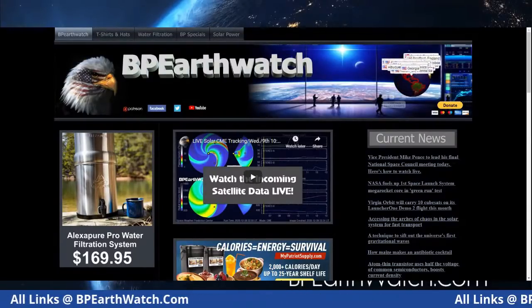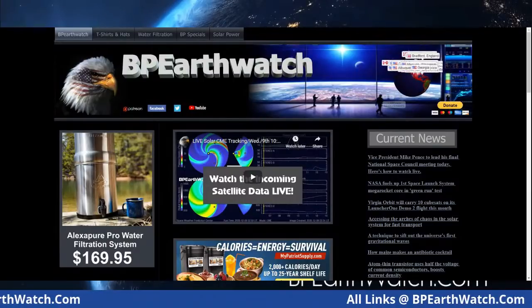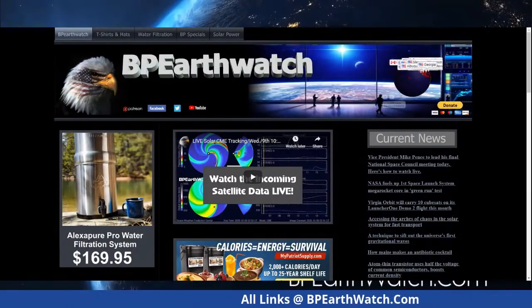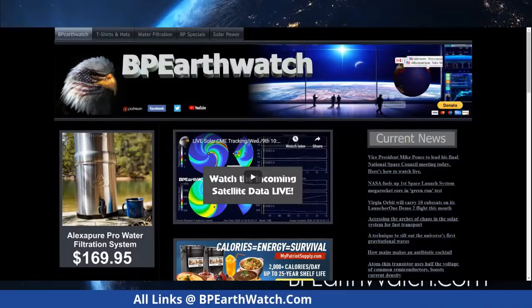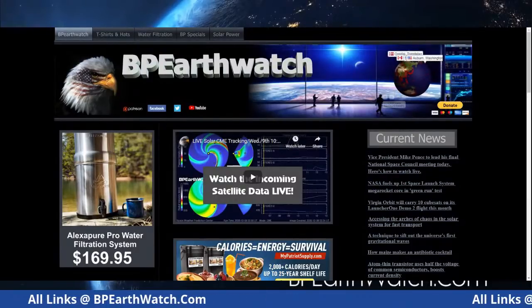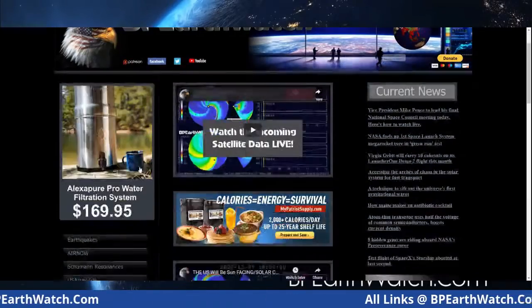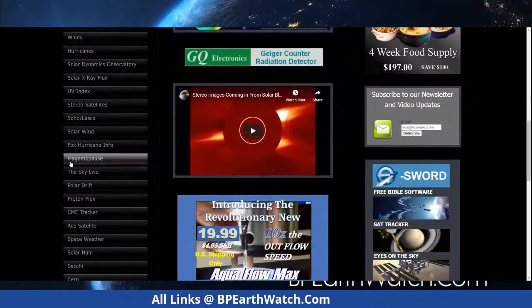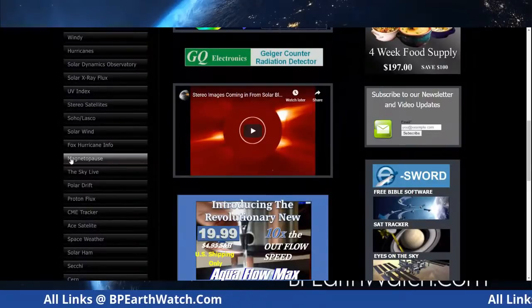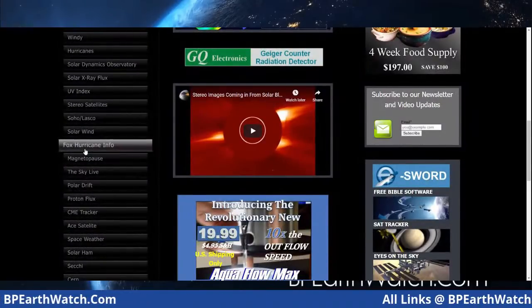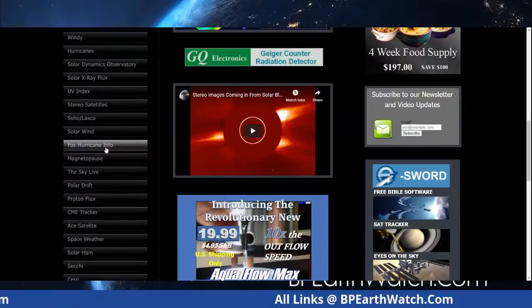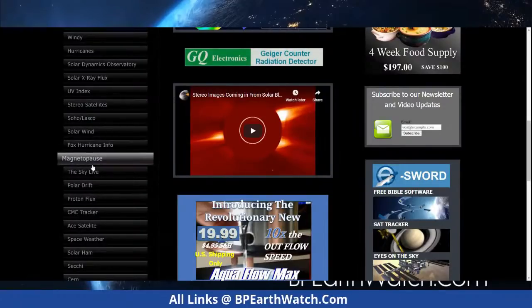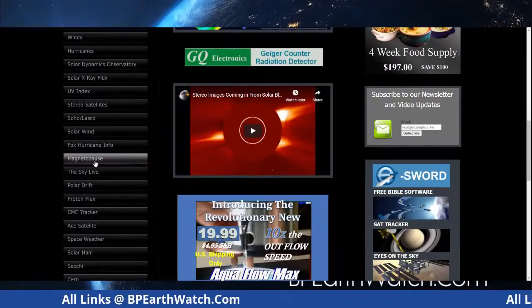If you're interested in watching the live or close to live feed of our shields, this is the way you do it. You want to scroll down on the left, and it says Magnetopause. That's what we're looking at right there. See that right under the hurricane info from Fox 10 down in Florida, I think. But Magnetopause, click there.